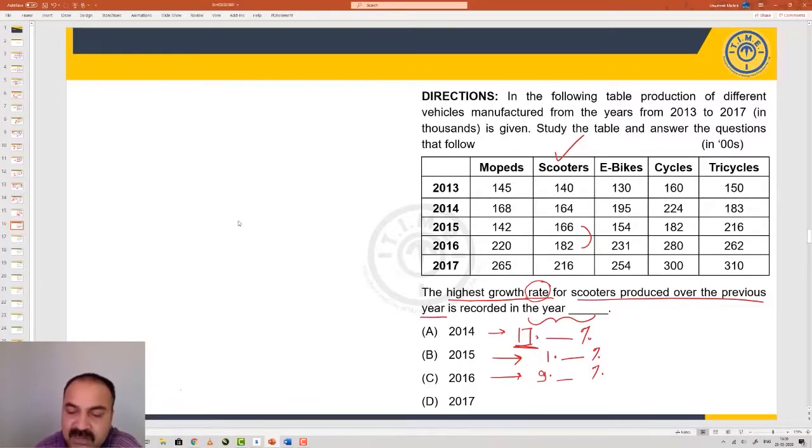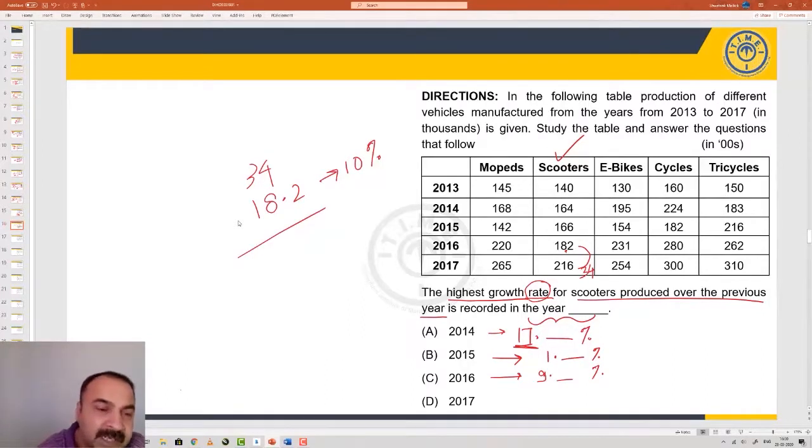Let's look at 2017, which is your fourth choice. So we'll look at the growth which happens from 182 to 216. 182 to 200 is a growth of 18, and 18 plus further growth of 16 will make it 34. So the jump is 34. Now 18.2 is 10%. So out of 34, 18.2 will be accounted for by 10%. How much more do you need to go? So from 18 to 34, you have approximately 16 to go. Approximately, it will be 15.8. But in this case, it is 16.